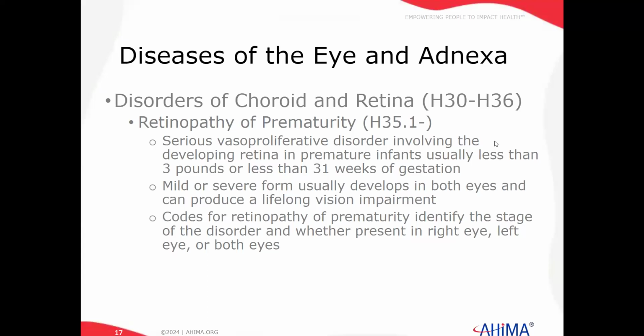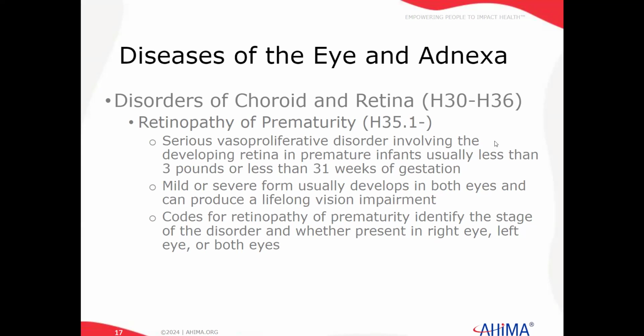Well, we're back, and in this set of video lectures, we'll be talking about coding other disorders of the eye. Some of these cross over to other chapters, and let's take a look at some of those, starting with retinopathy. And again, we can have other disorders of the retina, the retinopathy of prematurity falling into the code subcategory of H35. And again, this is a vasoproliferative disorder that happens to the developing retina